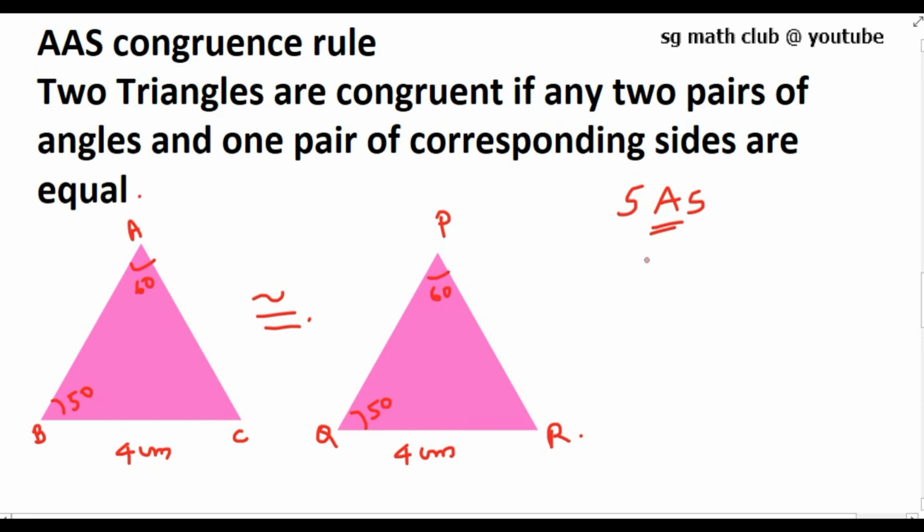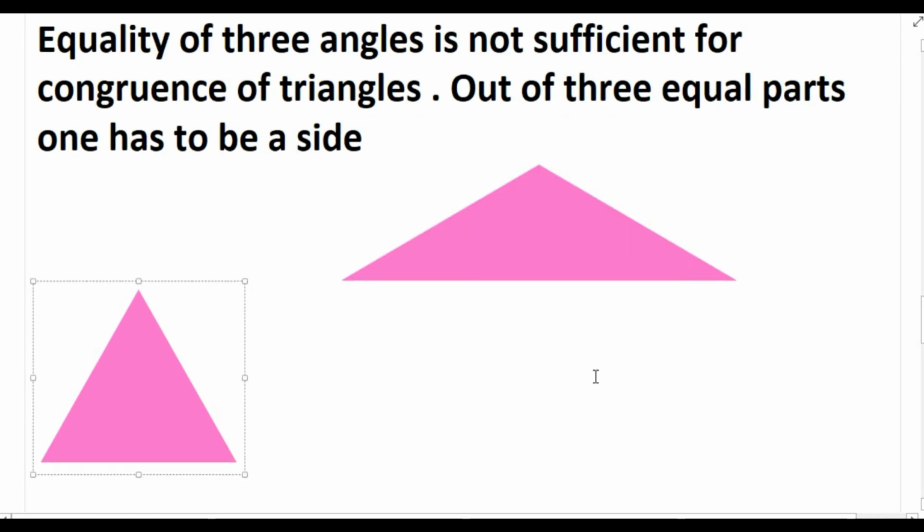First is SAS, second one is ASA, and the third one is AAS. Now let's see the fourth criteria. We don't have AAA criteria for congruence to determine whether two triangles are congruent or not, because suppose these two